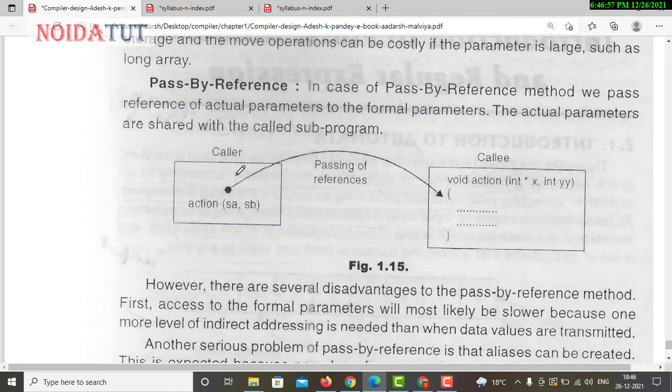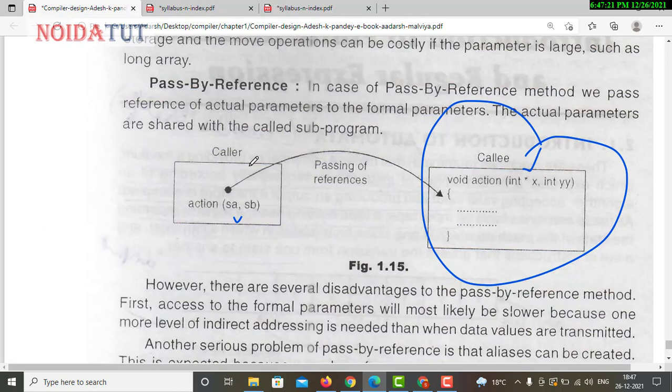Now see, now what is call by reference? Call by reference is actually we are giving the reference. We are not actually passing the value, but we are passing the reference. That means suppose we are passing the address. In this case, ampersand a. You remember yesterday I had explained to you that ampersand a will give the address of a. Then int star ptr or int star x will be holding the address of the value. Do you remember that? Or shall I give you a brief introduction to that?